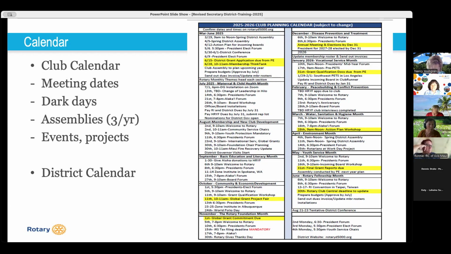Naomi, do you have anything more to add about calendars? Just that it's really important to do that calendar in advance, because when you want people to attend things, you need to give them the notice in advance. So planning out the calendar for the whole year is a good thing, because then you can schedule out your projects and all of the other things that we have for the district. So it helps everybody be on the same page on what needs to get done. Thank you.